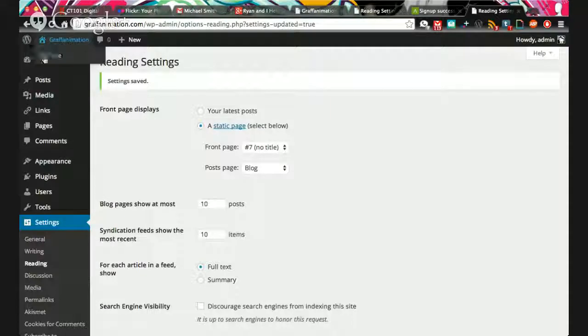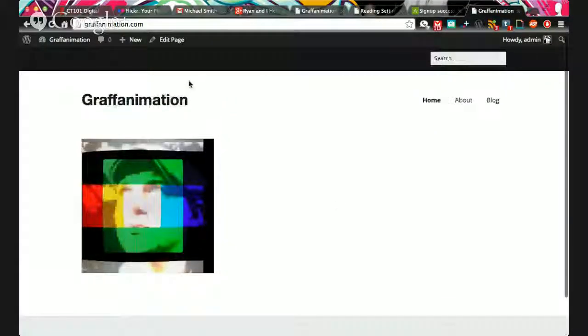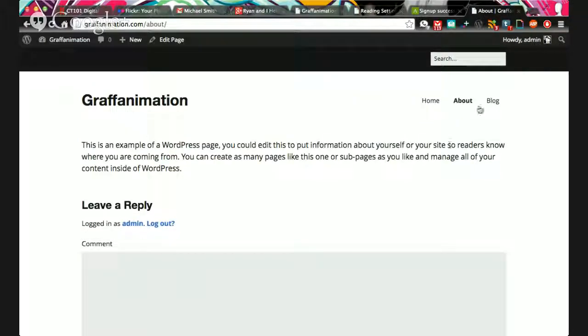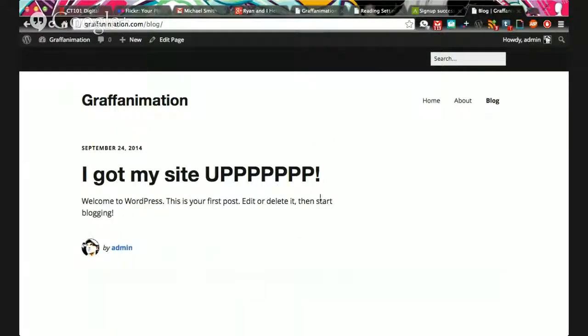I can refresh the site. So now when I go to the URL, graphanimation.com, the static page is just this image that I selected. Cool. And notice that the funny looking page that said no title with the number is gone, and it's been changed to the home page. So anytime we click home, it'll take us back there. My about page is still in place, and my blog roll, which will archive all of the newest posts on that page. So that's how that works,